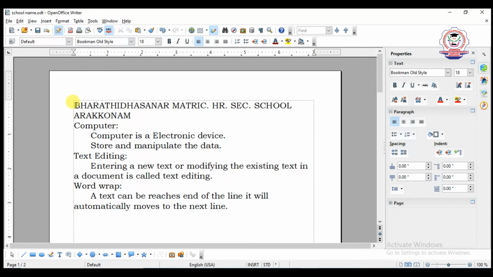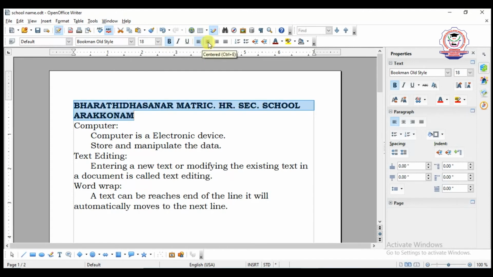Here the cursor will be placed, and then click the left button on the mouse and drag over how much content you want to select, and release the left mouse button. Then make the text bold, and select justified or centered. All the text should be in centered alignment.